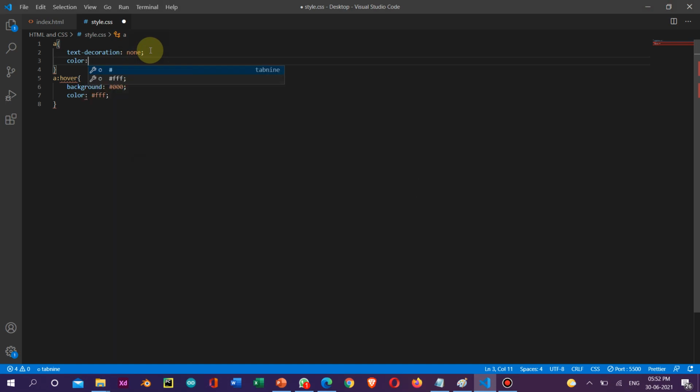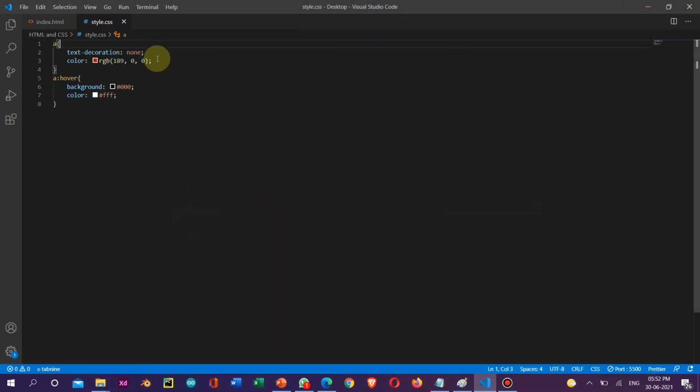You can also use this color hashtag something like, I am using red, and saving it. You can see this font will be red in color. That is the color tag. You can also type it as font color. Okay, now if I hover this a element, then the